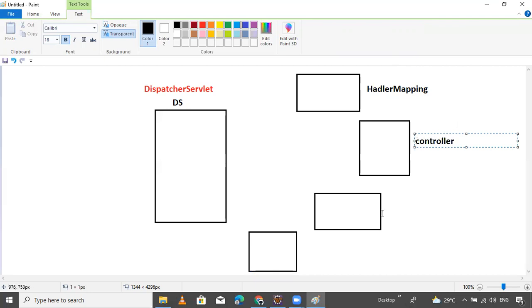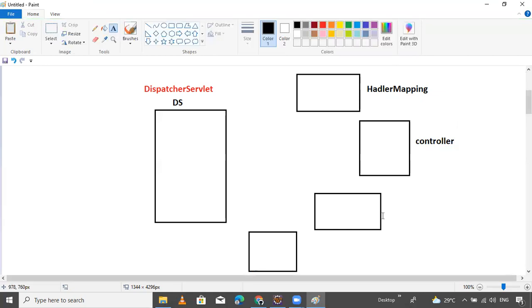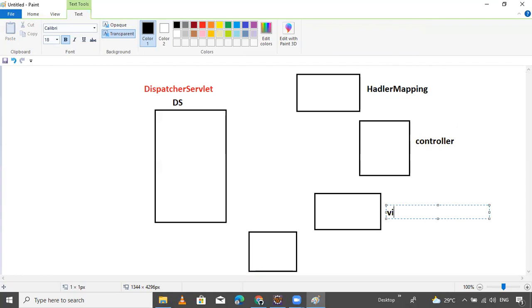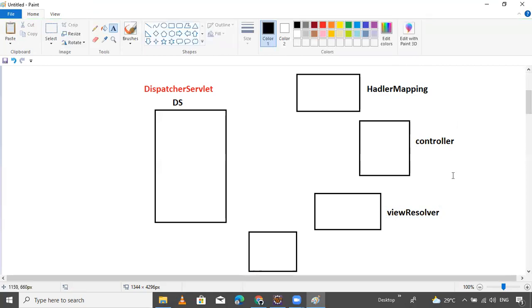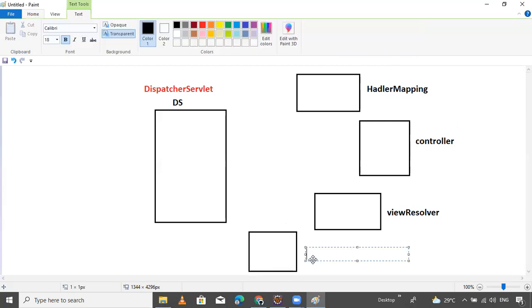And this one is the view resolver. View resolver class, type objects, whatever you want, not an issue. And this is our view. This is our view.